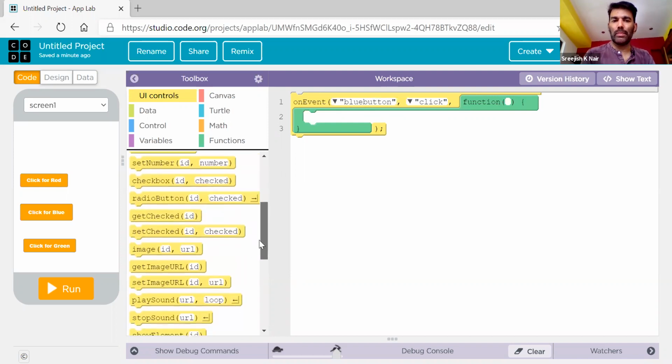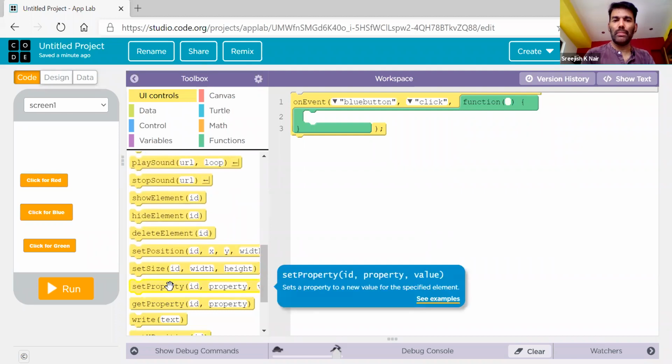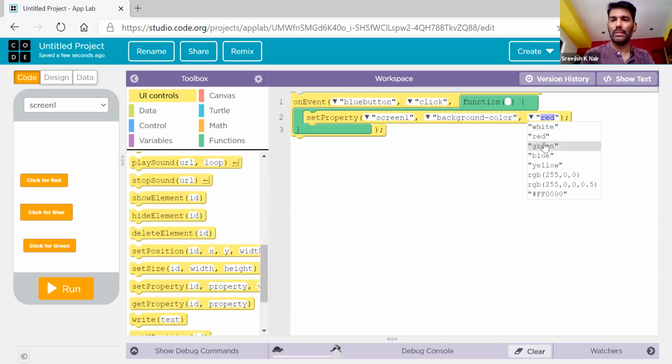I want to set the background. So I'm calling that function set property, the same set property which we used in our previous example. I'm telling set property of my entire screen, screen 1, background color as, this is the blue button, so let us set it as blue.